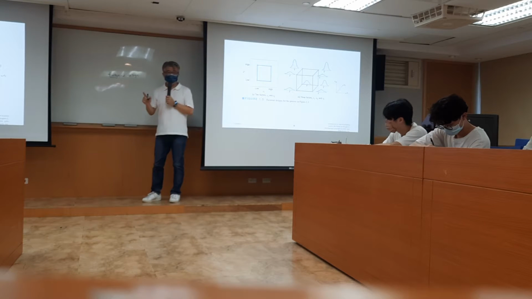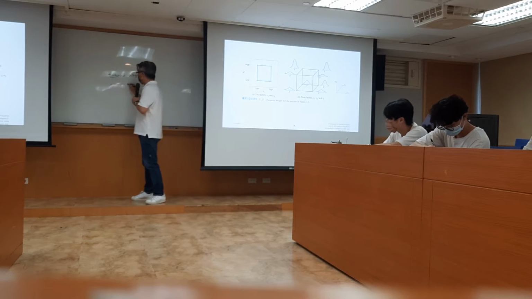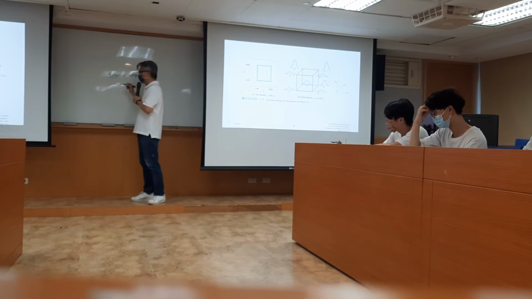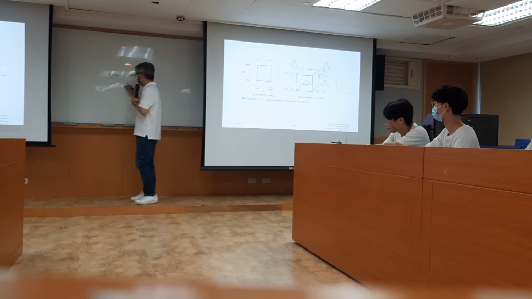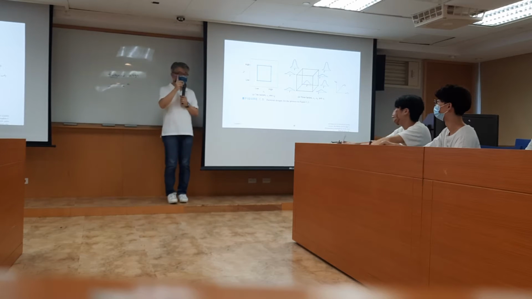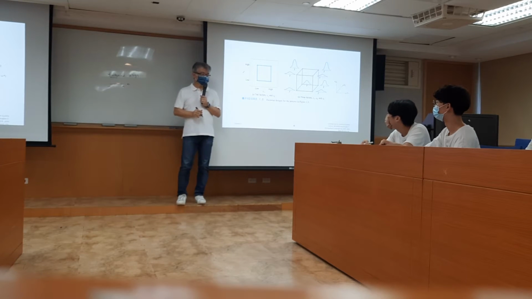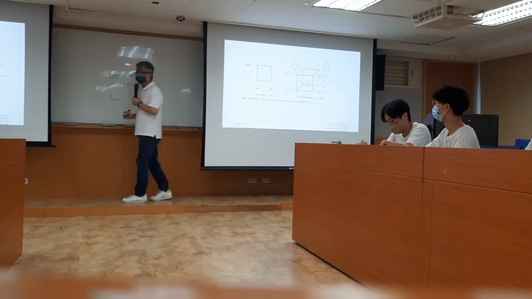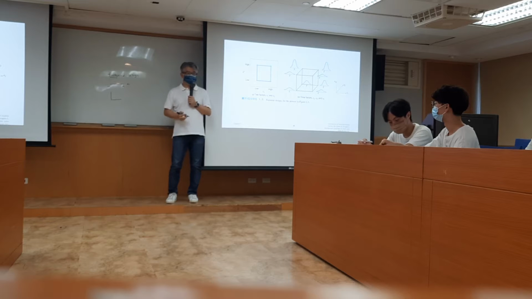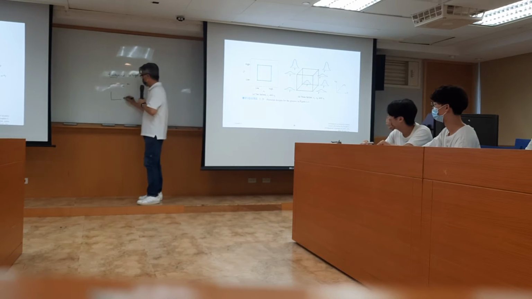We only consider one factor x, and there are only two levels taken into consideration, plus one and minus one. Okay, this is only one dimensional. Then, if we consider two variables or two factors simultaneously, x1 and x2,